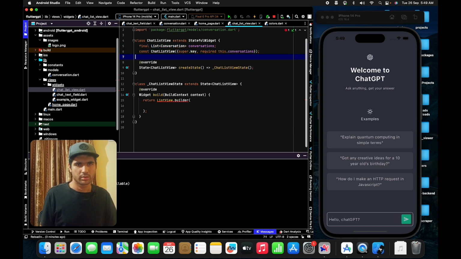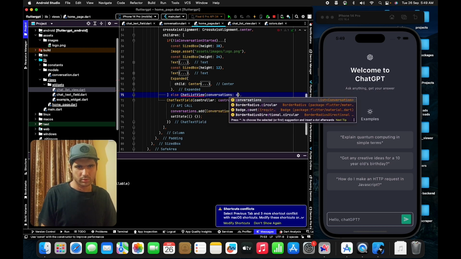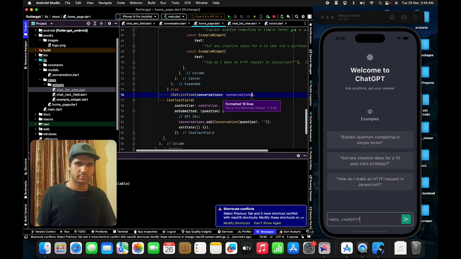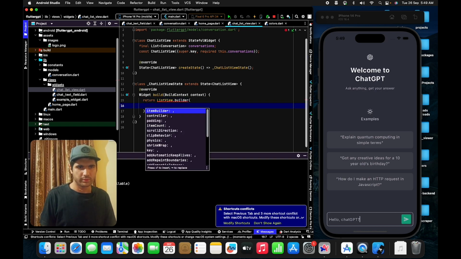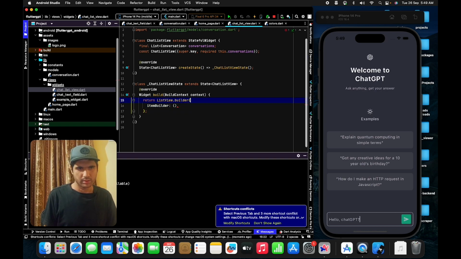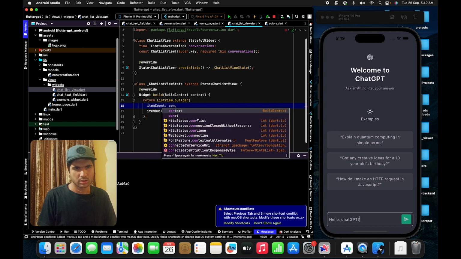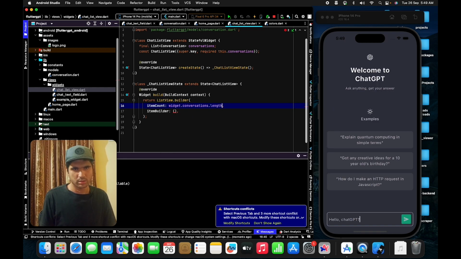So let's import that. Conversations will pass. Perfect. Now here we'll pass the item builder and item count as conversation. So widget dot conversation dot length